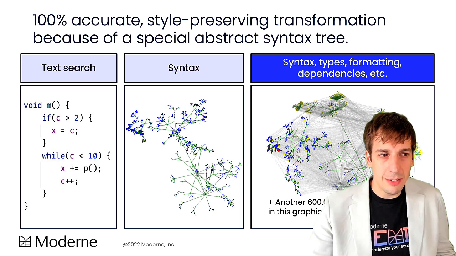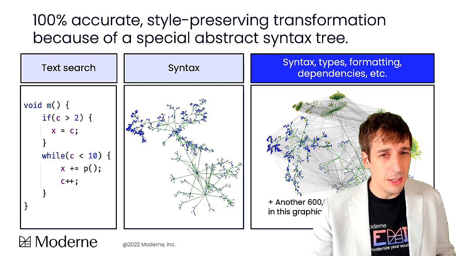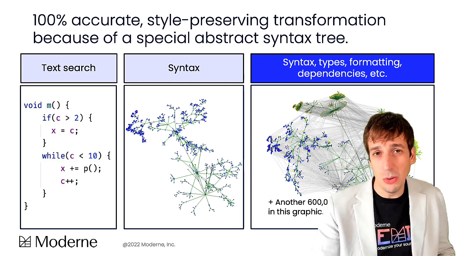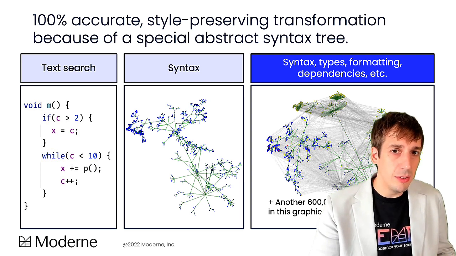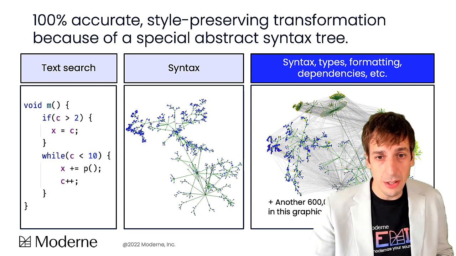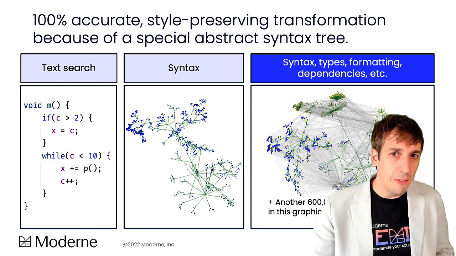OpenRewrite is based on abstract syntax tree manipulation. So it's not source code manipulation. It's not just trying to fiddle with the actual bits of text. That text of the code is transformed into an abstract syntax tree. And for more complex languages, OpenRewrite leverages the language's compiler to take that abstract syntax tree and type